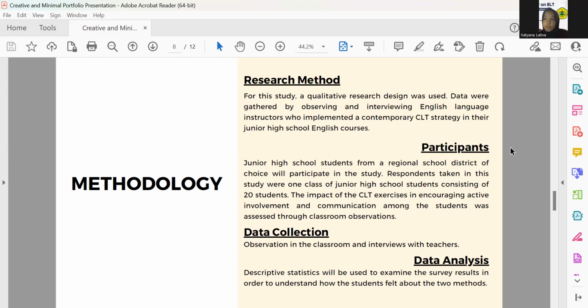And then for the participants, junior high school students from a regional school district of choice will participate in the study. Respondents taken in the study were one class of junior high school students consisting of 20 students. And then the impact of the CLT exercise in encouraging active involvement and communication among the students was assessed through